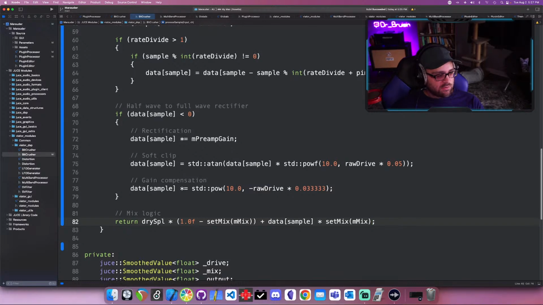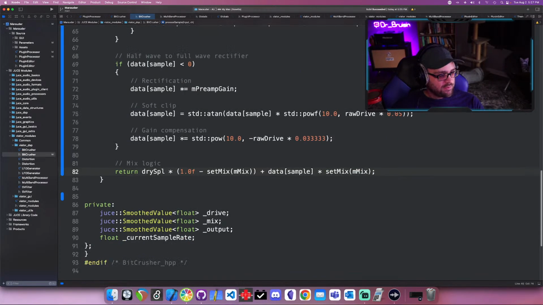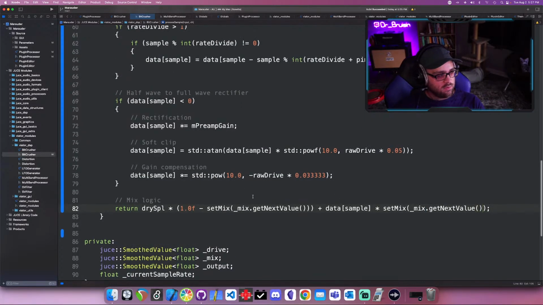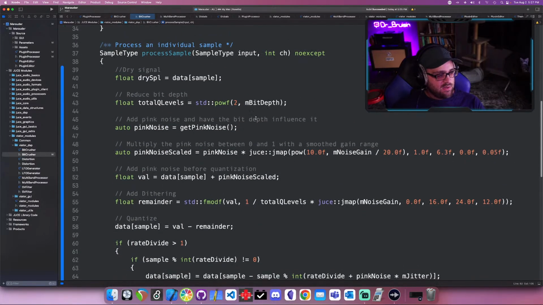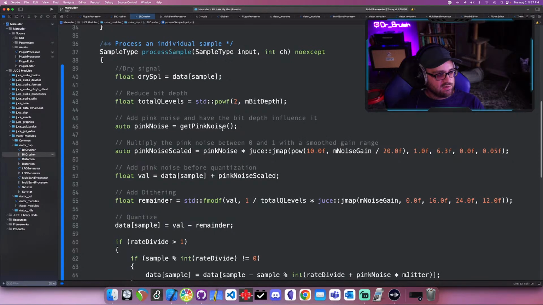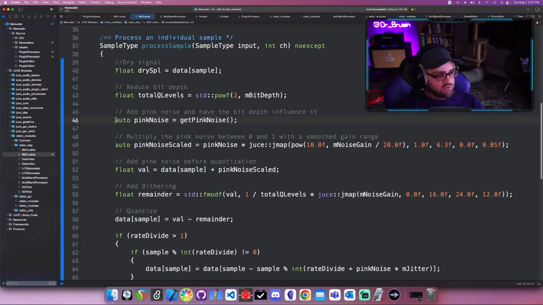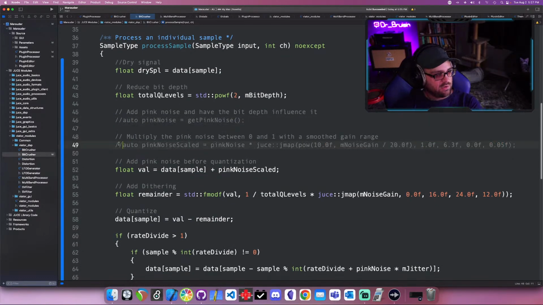Okay, and we're gonna get some errors on names. So let's see, I have mix, get next value. Okay. And let's see. I've got this pink noise thing in there, so let's comment that out because I think we're gonna do that eventually, but